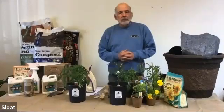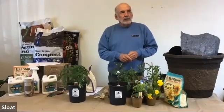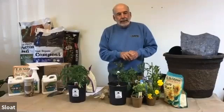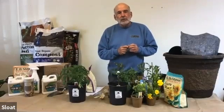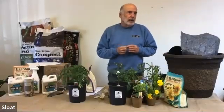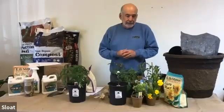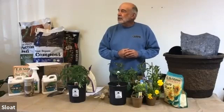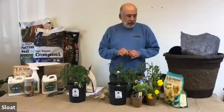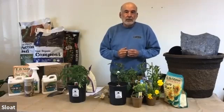The difference between the Slope Organic, for instance, and the Slope, what we call regular potting soil, is that the regular potting soil doesn't have as much fertility and it doesn't retain as much moisture. It's sandier. The organic potting soil happens to be just about the right texture for growing vegetables. And I can't think really of an exception. They all grow very well in it. So I tend to go with that, and the price point, frankly, is better than some of the other premium